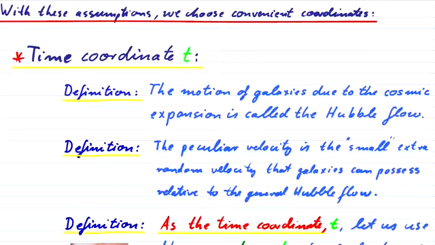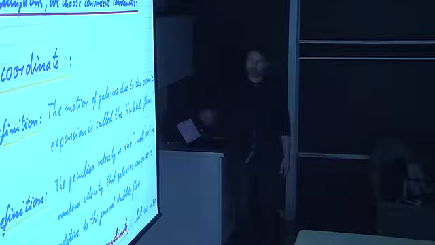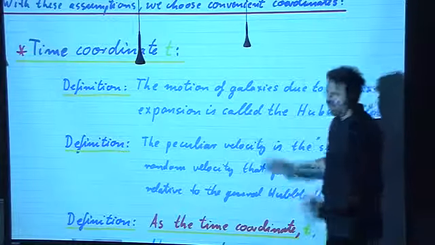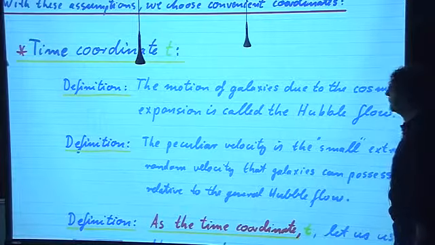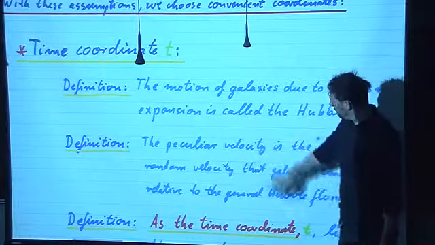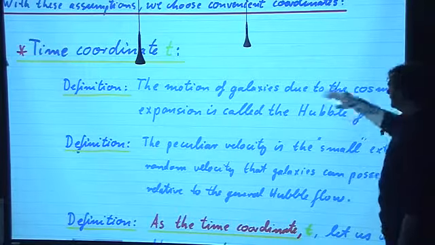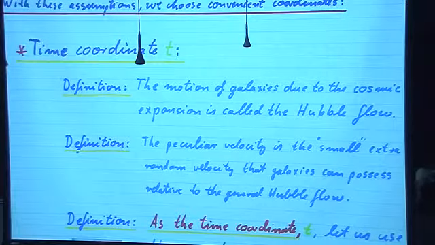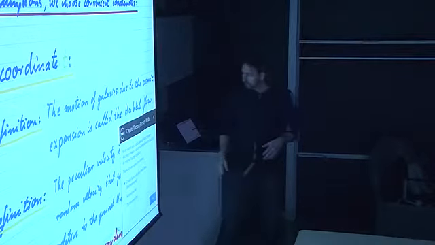So with these approximations, we now choose a suitable coordinate system. We will later tweak it a little bit too, but for now we start with this coordinate system. We need a time coordinate, and then we need space coordinates, and we choose them carefully. So as for the time coordinate, let me start with some useful definitions before I define the time. The motion of galaxies is mostly due to the cosmic expansion. If you take two galaxies, like our galaxy and a galaxy far away, then